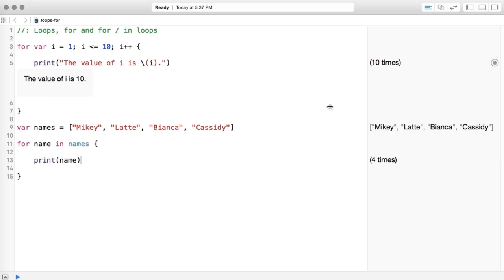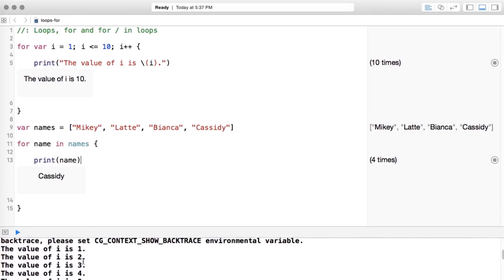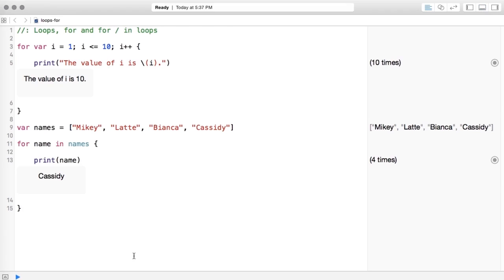And you'll see that does it 4 times, and if we look at it, it's just going to pull out one of those, the last one, which is Cassidy. So you see that it loops through and it prints out the name 4 times. And if we look at the console, you'll see that it does them all, and the same thing with the value. Okay, so let me close that console down,